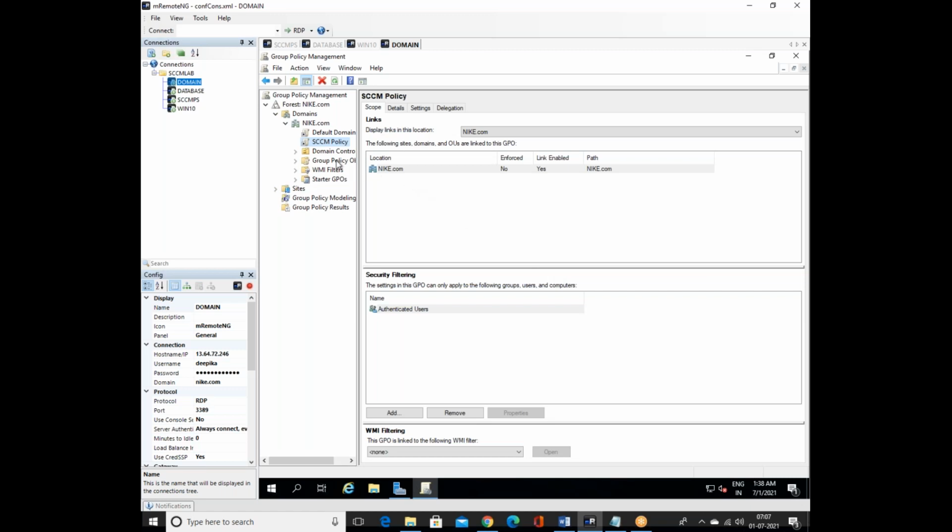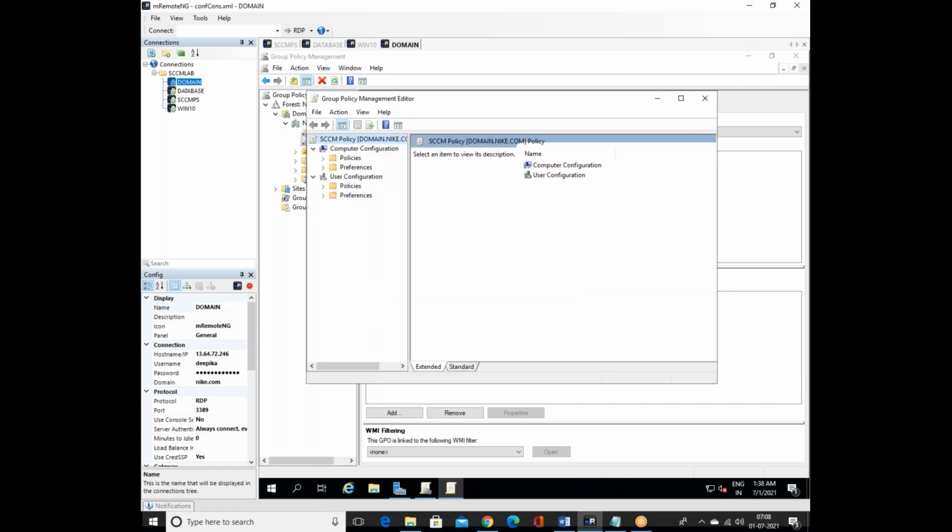Now, we are going to create the policy. Right click on the SCCM policy which you created and click on edit. The policy we created is a blank policy. We have to define the settings. There are two types of policy, computer policy and user policy. Let's expand computer policies